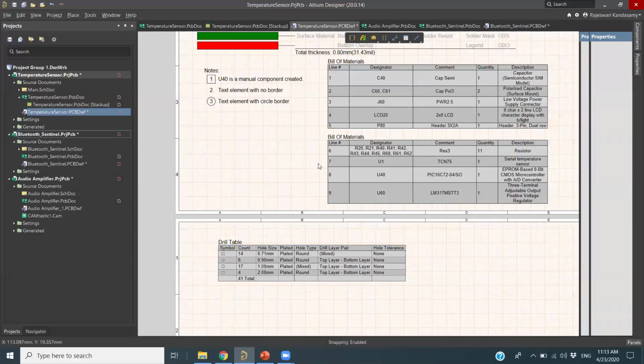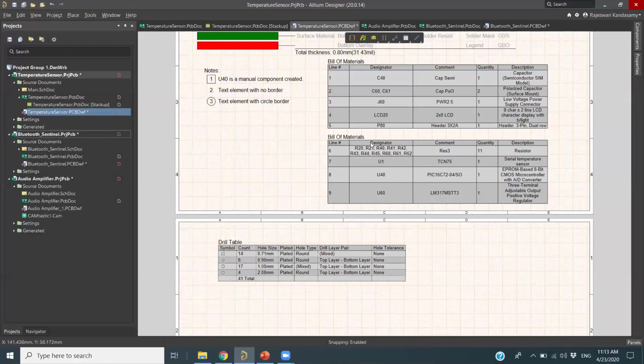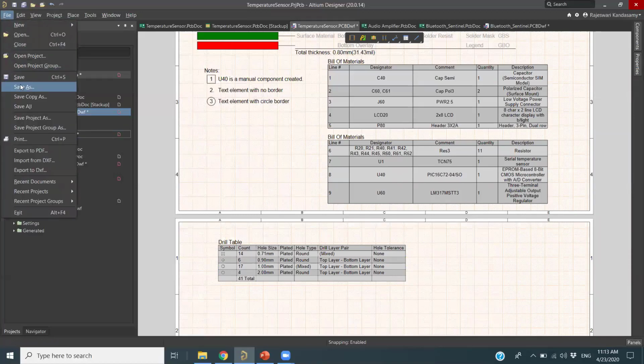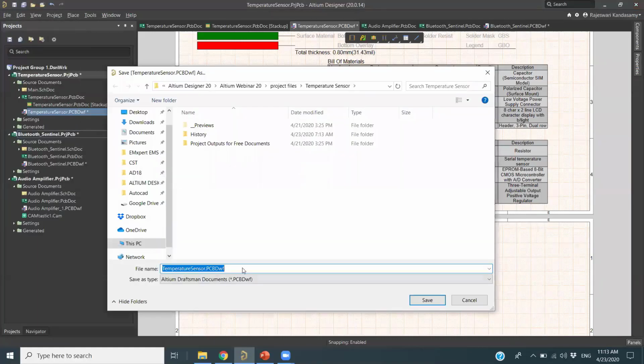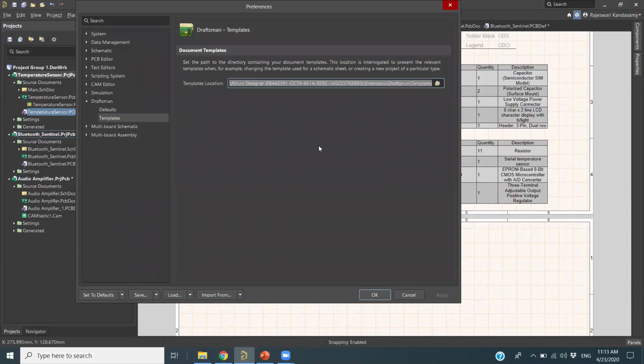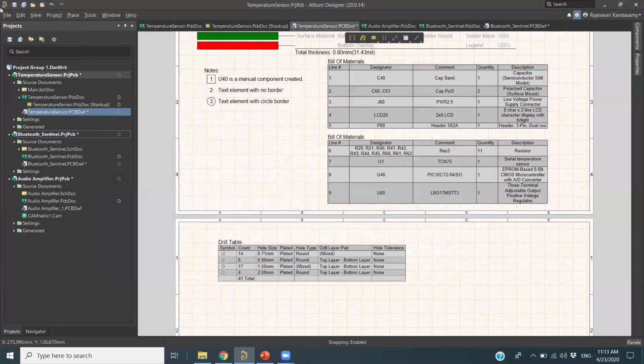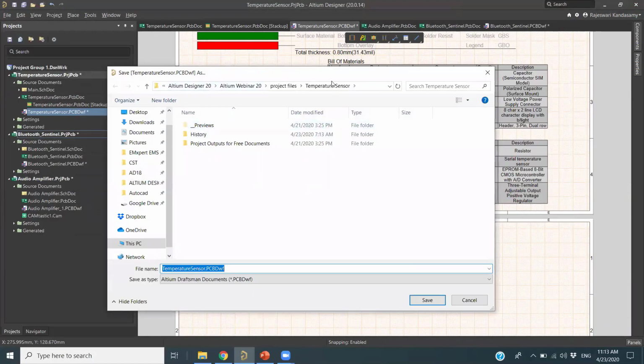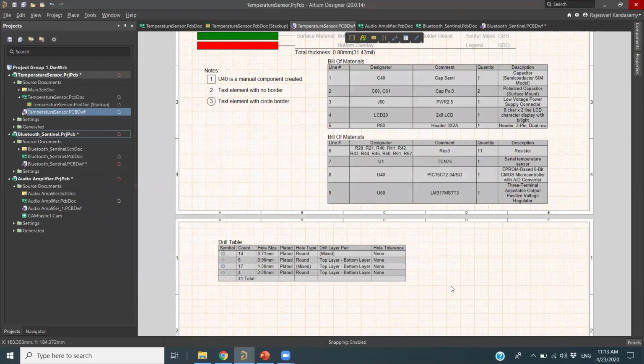Once we finish all this, I want to save this as a template. To save as a template, you can just go to File, Save As. I just want to save it in the location as I showed you before. We have to select the location from your preference. So that location I need to select. I just go to the preferences first. You will see the location here. So Control C, copy it. Then you can go to File, Save As. Then you can just apply Control V, enter. So you can save it in this location. Now I saved it here.